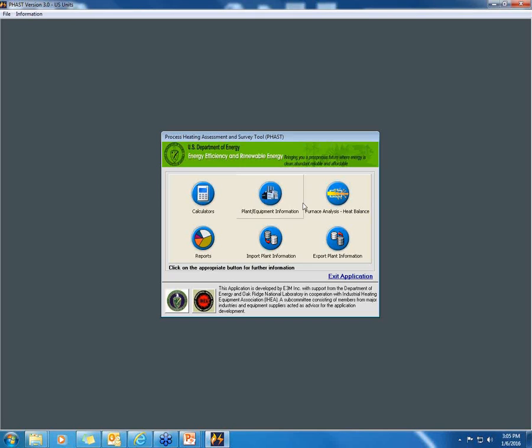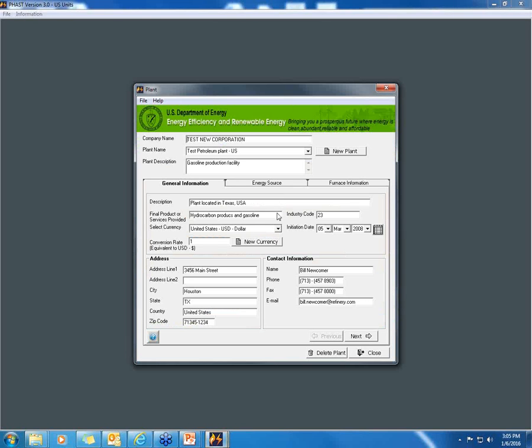Because without that, if you directly go for heat balance, you will not see your equipment under this tab. So you first need to create those process heating equipment in this second tab, the plant or equipment information tab. And I'm going to show you where exactly and how exactly you are going to create equipment